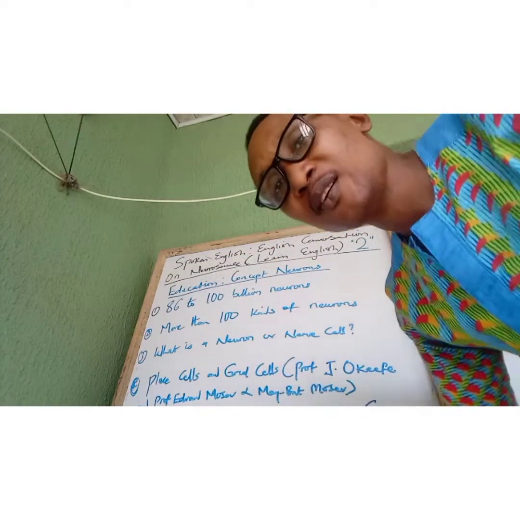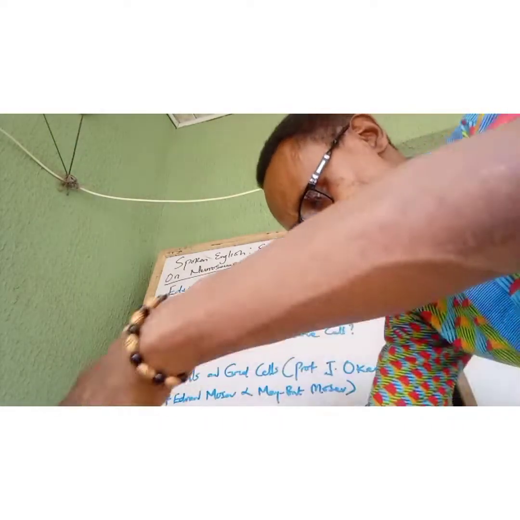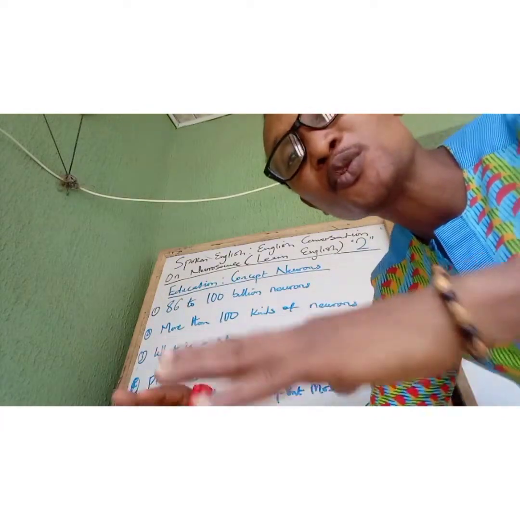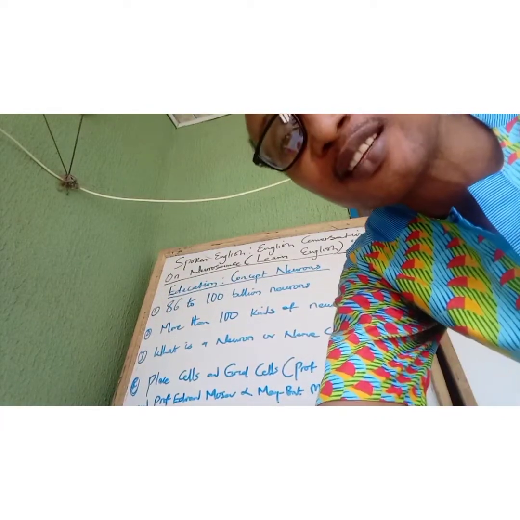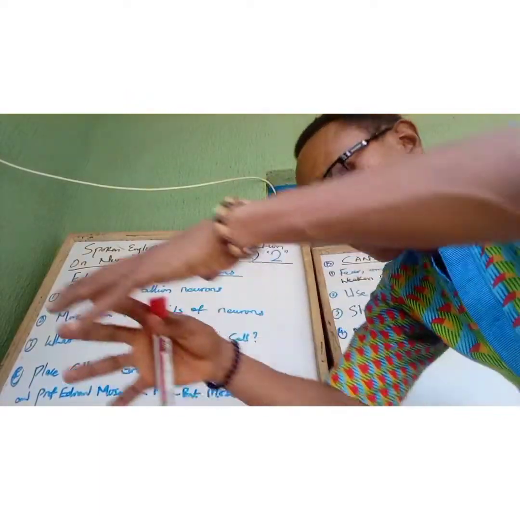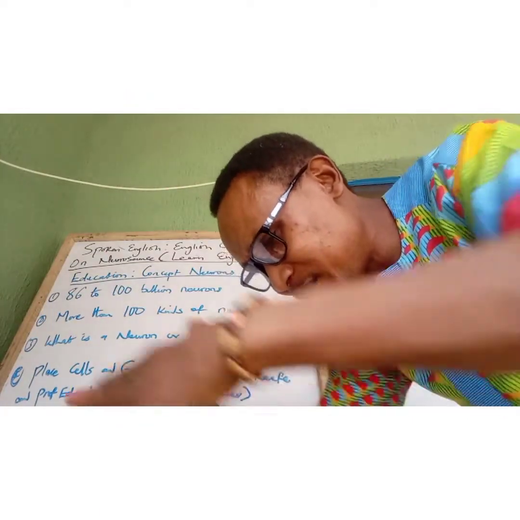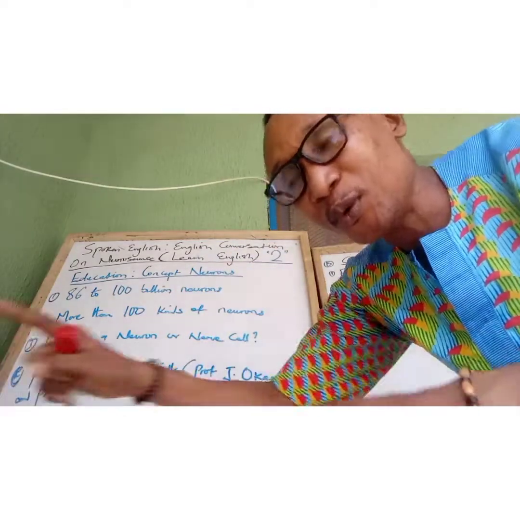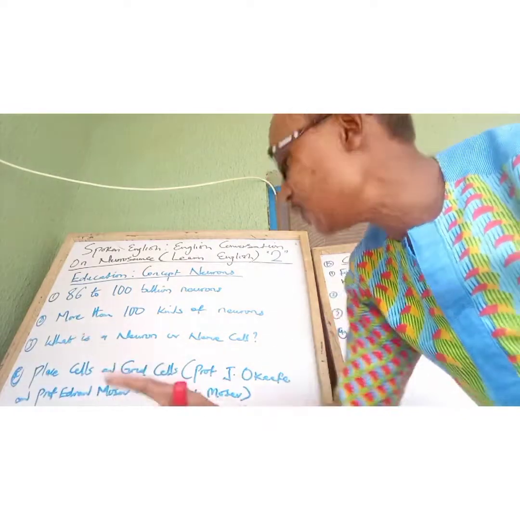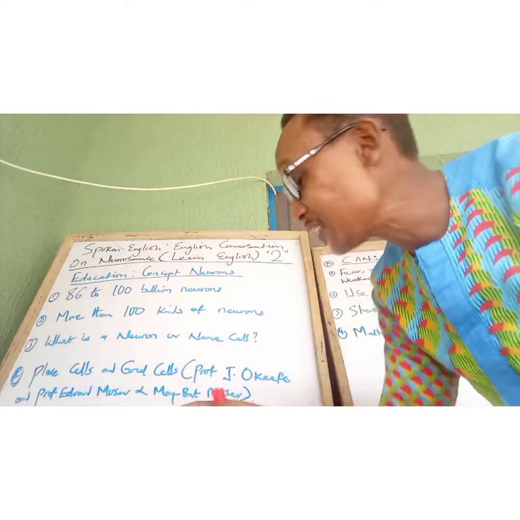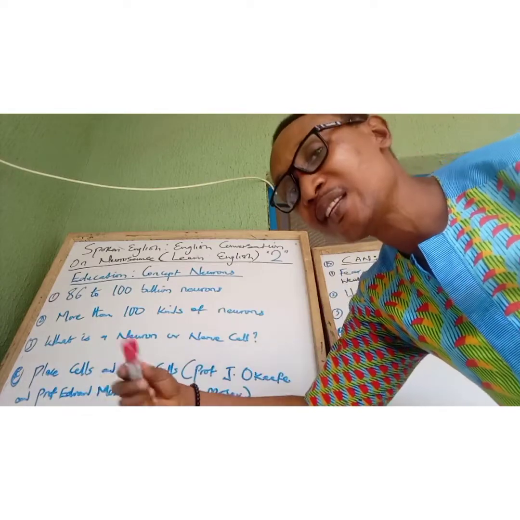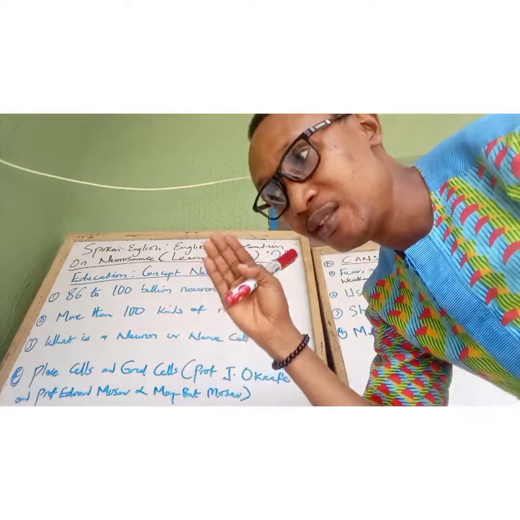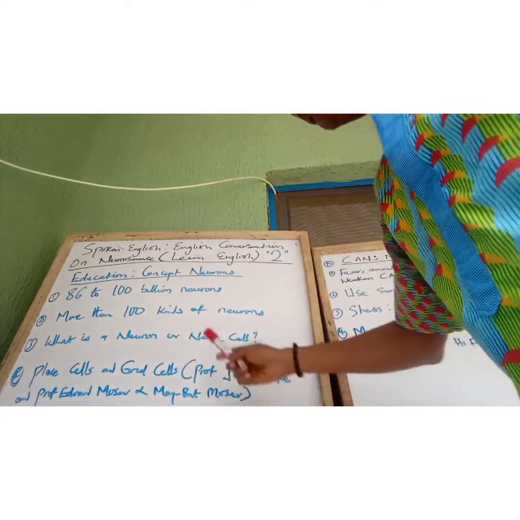Then grid cells. These are cells that take note of wherever we visit. They work together with the brain cells to form a kind of GPS of the brain. You know GPS is used for navigation, for location. In fact, it was the discovery of these place cells that gave scientists the idea of the global positioning system. But let's leave that aside.